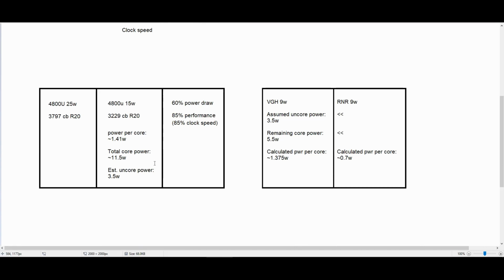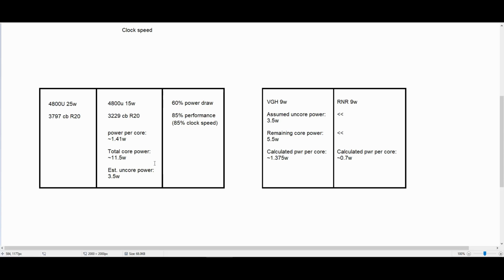So if we take Van Gogh at 9 watts, for example, and you could probably put this in a tablet, now we have an assumed on-core power. We take the same 3.5 watts, because the GPU, of course, always has to be running. The Infinity Fabric is going to be running. Maybe this is going to be a little bit smaller for Van Gogh because you drop the CCX. Maybe RDNA is a bit more efficient. Who knows? But if we assume the same 3.5 watt figure, we have a remaining core power of 5.5 watts,